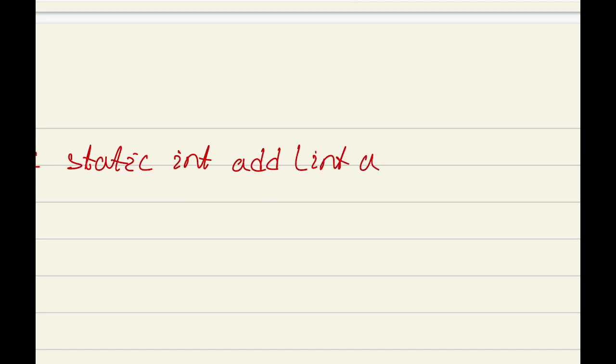If we want to update this method so that it can return a value, we can write the method like this: public static int add, int a, int b.